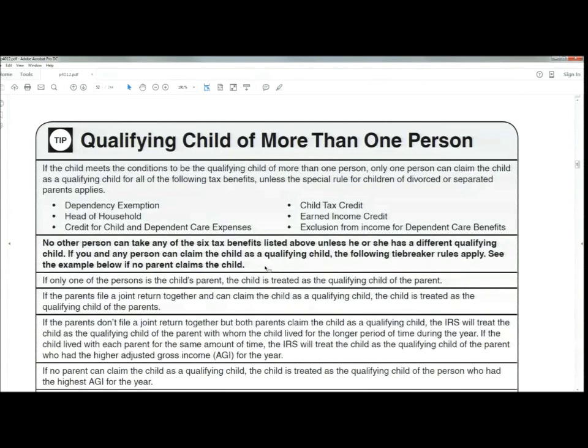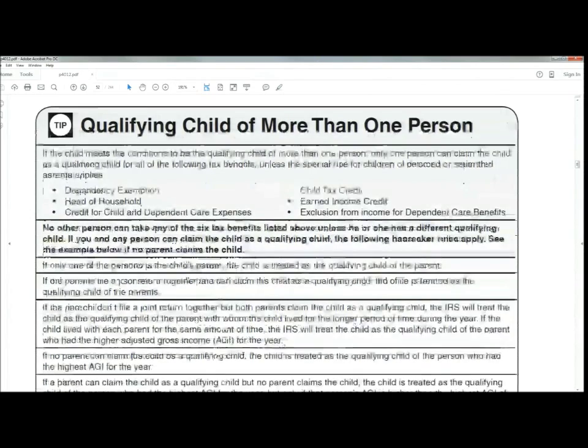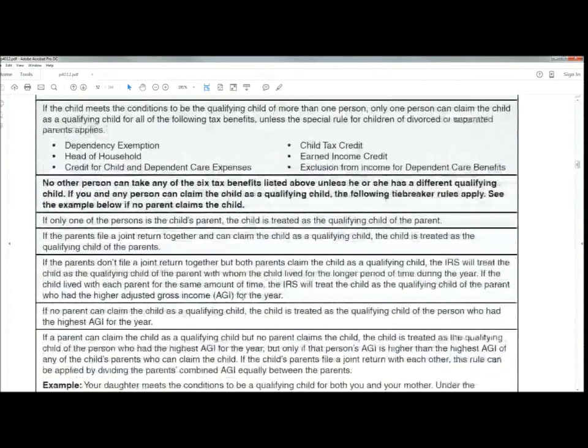Okay, so let's look at what the rules are. If only one of the persons is the child's parent, the child is the qualifying child of the parent. Now, we might think we're done, but we're not. Okay, but that seems pretty definitive, doesn't it? And I really wish they'd have a little bit of a notation after that, because we're still not done. If the parents file a joint return together, that's not applicable. If the parents don't file a joint return together, but both parents claim the child, no, that's not applicable here,